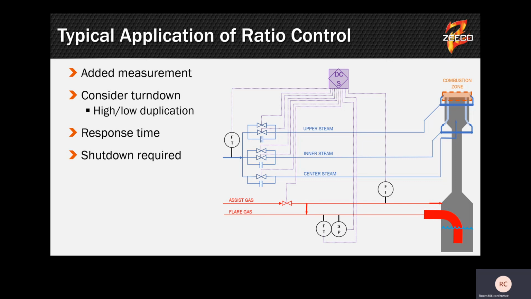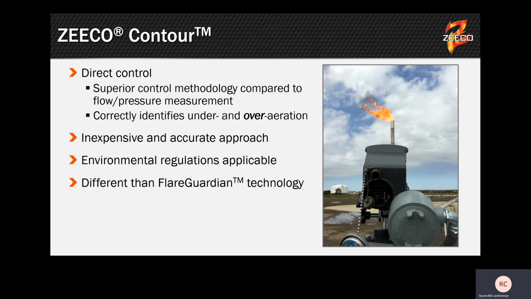This is a very, very common configuration for NHVCZ measurement. NHVCZ measurement, while it's an operation parameter, it's not a good smokeless control parameter at all. And there seems to be some industry confusion over that. So philosophically, a better approach is direct control. Direct control being look at the flame, understand the quality of the flame, and adjust your smoke mitigation accordingly